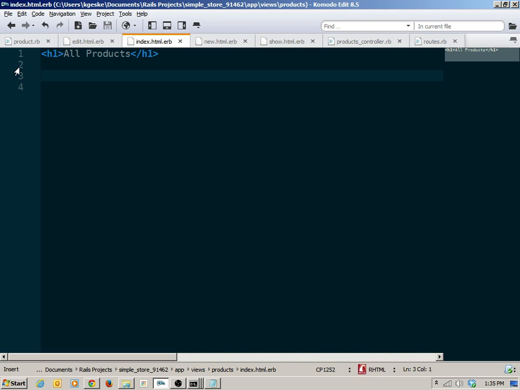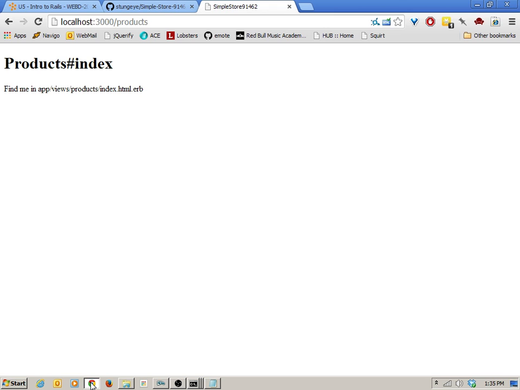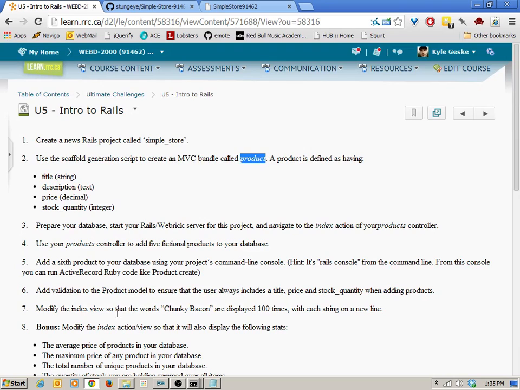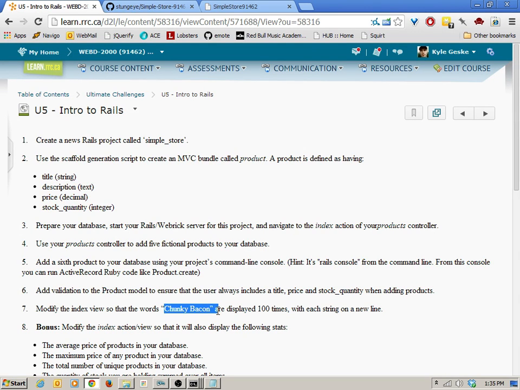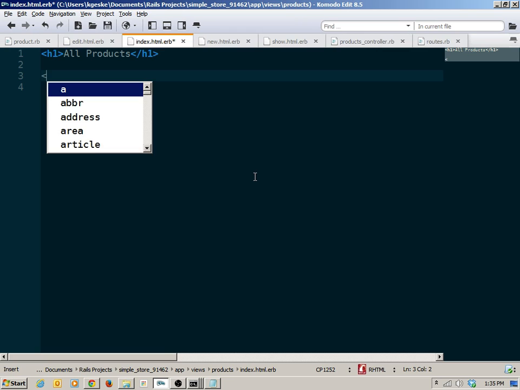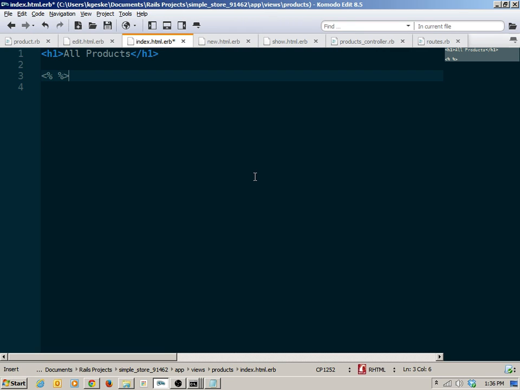So we'll talk about, this is going to be sort of our first look at putting Ruby code into this html.erb file. And to practice that in the challenge, I had you try to edit a view such that the words chunky bacon would be displayed 100 times in the view. So we'll take a moment and we'll implement that. And we'll implement it like this. We'll go into